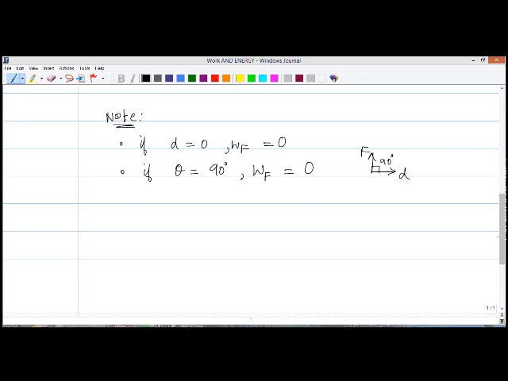Okay, so in the next video, we'll do a simple example and figure out how to do all these calculations to find the work done on an object by the